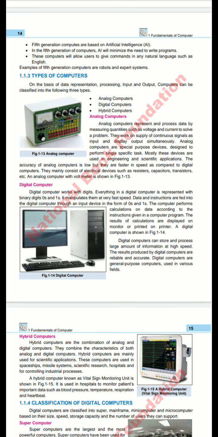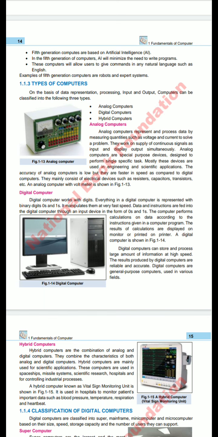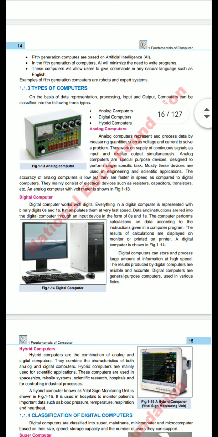First of all I will discuss data. What is data? The collection of raw facts is known as data. When you collect raw material, raw facts, this is your data. And if you arrange this data in a meaningful form, this is your information. There are two things, one is data and the other is information. Collection of raw facts is known as data and meaningful data is known as information.